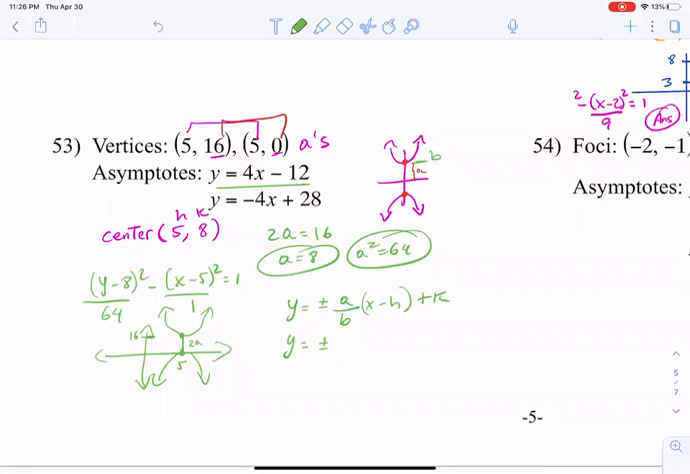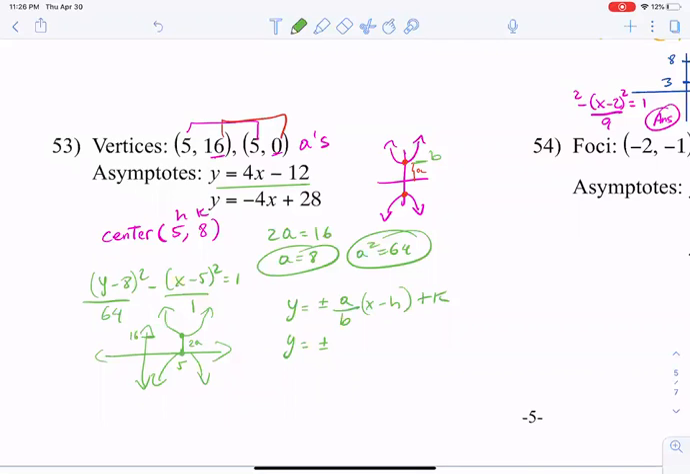Okay, so last time I stopped at this problem. Here we found out last time that the a value was 8. So if you really think about it,